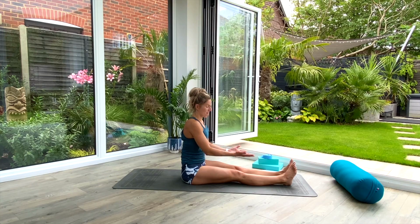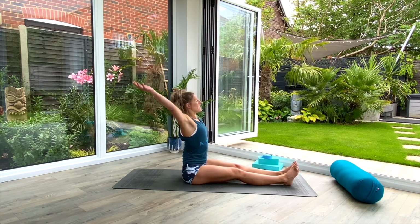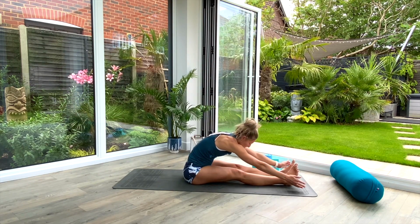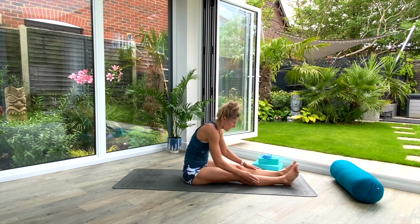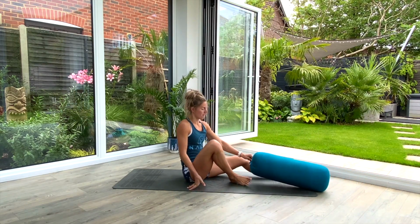If you haven't got a bolster or a pillow, that's absolutely fine. You're going to inhale as you lift your hands up above your head, and as you exhale, you're going to fold forwards all the way over, thinking about bringing your chest towards your thighs and then your head towards your knees. I'm just going to reach and grab my bolster so that you can see what this might look like